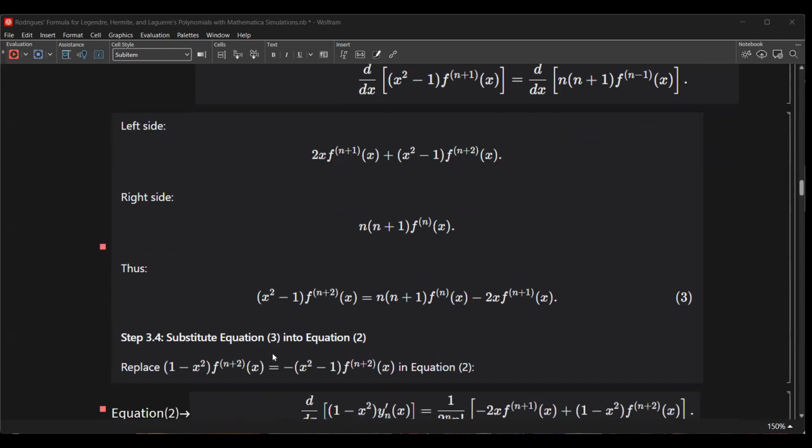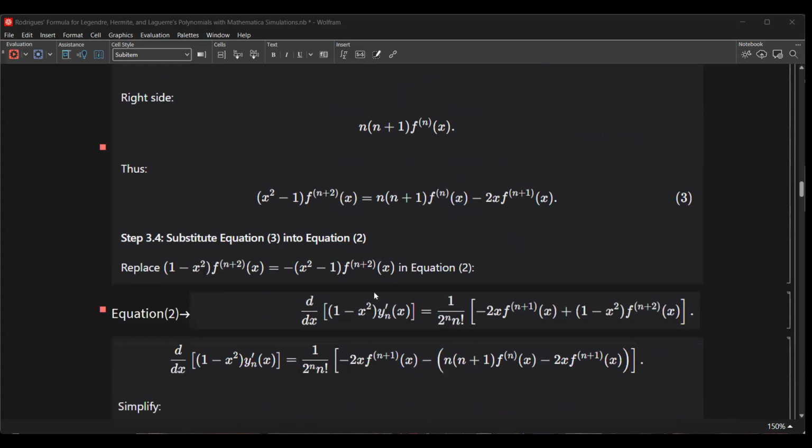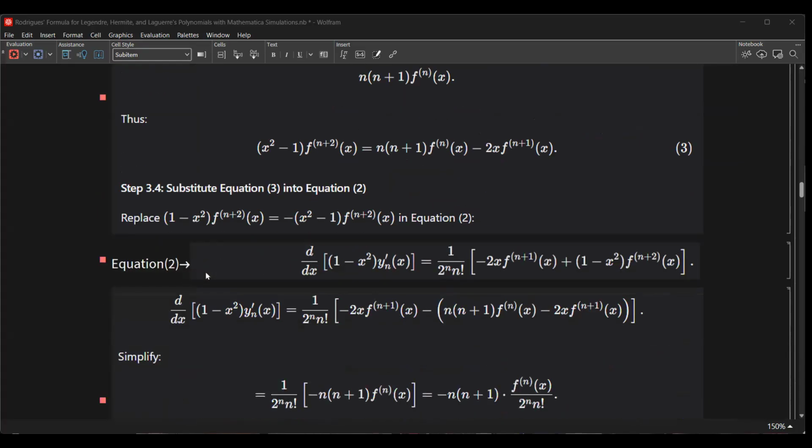Then we substitute equation 3 into equation 2 here. So this is our equation 2. So this is our equation 3. Substitute equation 3 into equation 2. So we have the derivative of this with respect to x, (1 minus x squared) y prime. Then we have 1 over 2 to the n factorial times negative 2x times the (n+1)-th derivative of f(x), then minus n